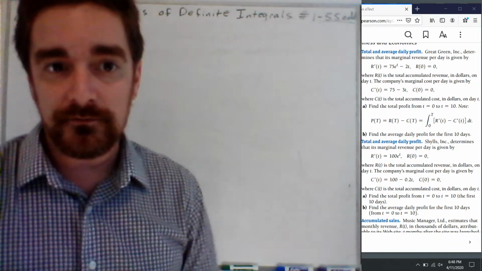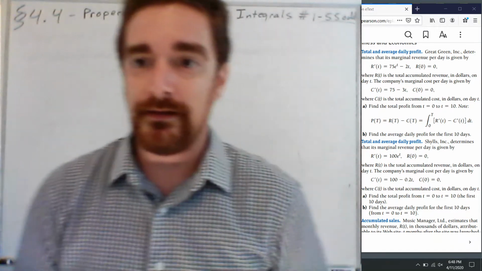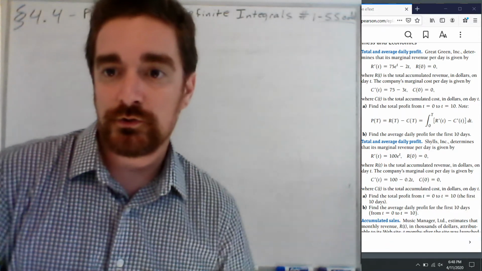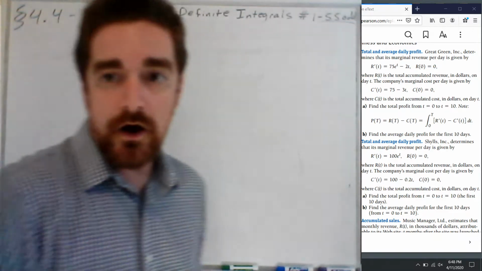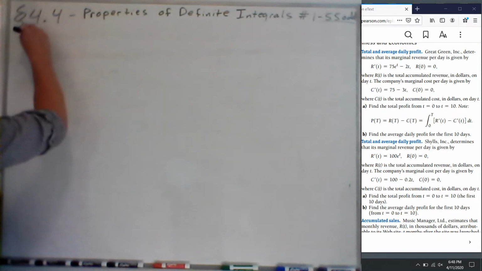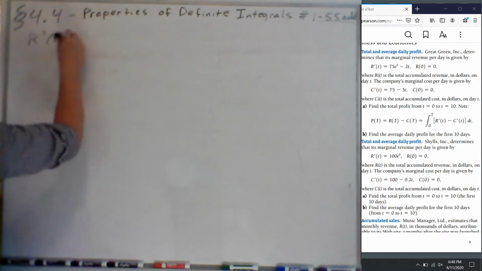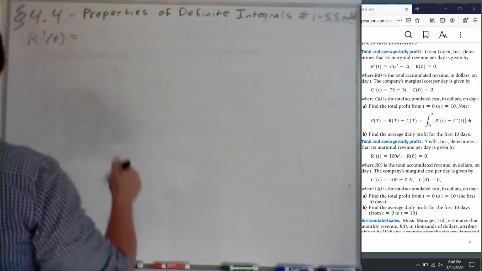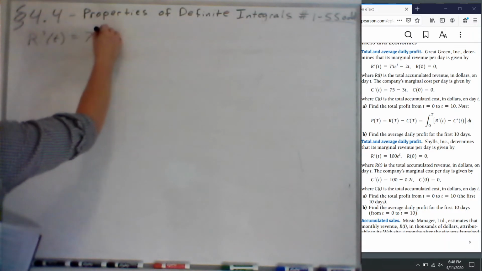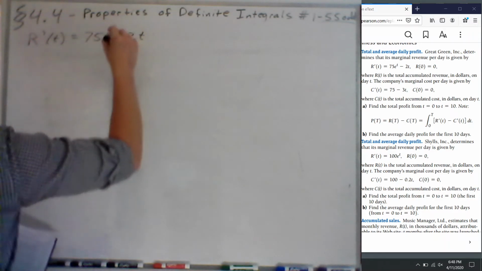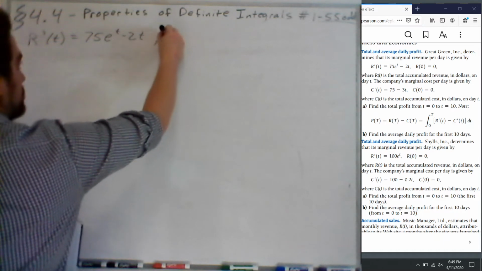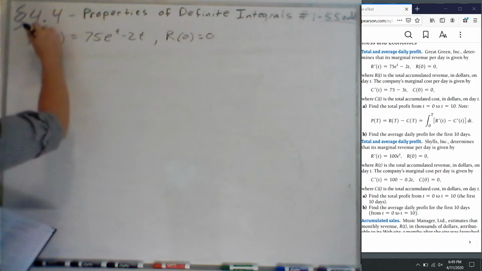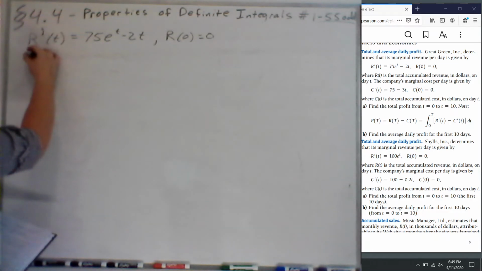So number 45 asks for total and average daily profit. Great Green Incorporated determines that its marginal revenue per day is given by R prime of t, I'm going to write this down because it's important, is equal to 75 e to the t minus 2t. And they let you know that R of 0 is 0. Well, be careful because this is R prime. They're giving you marginal